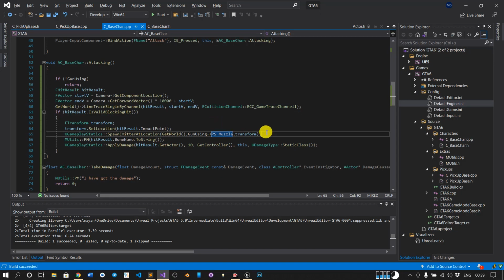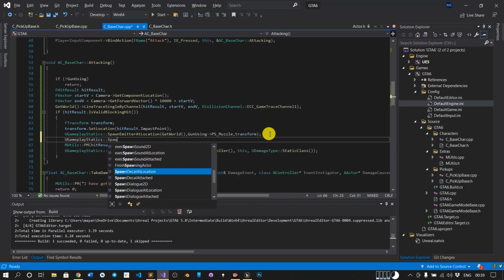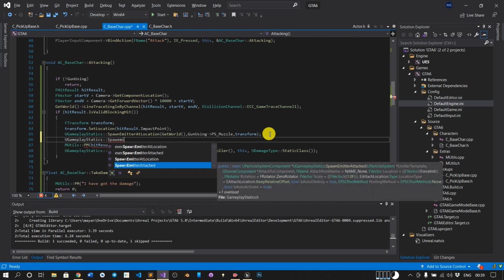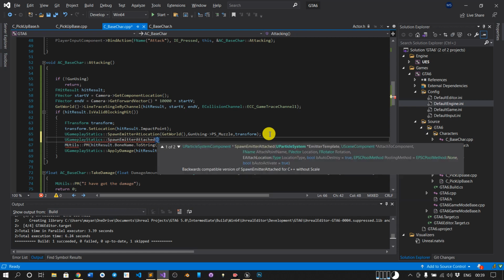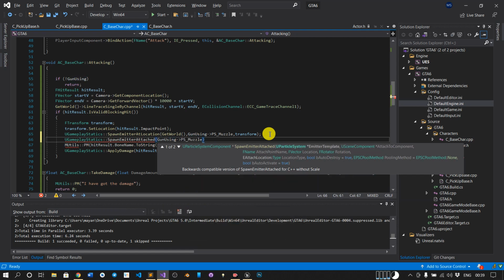So what we will do is call a function, UGameplayStatics SpawnEmitterAttached. Here first we want the particle. So GunUsing, comma, PS underscore Muzzle. So we have this.